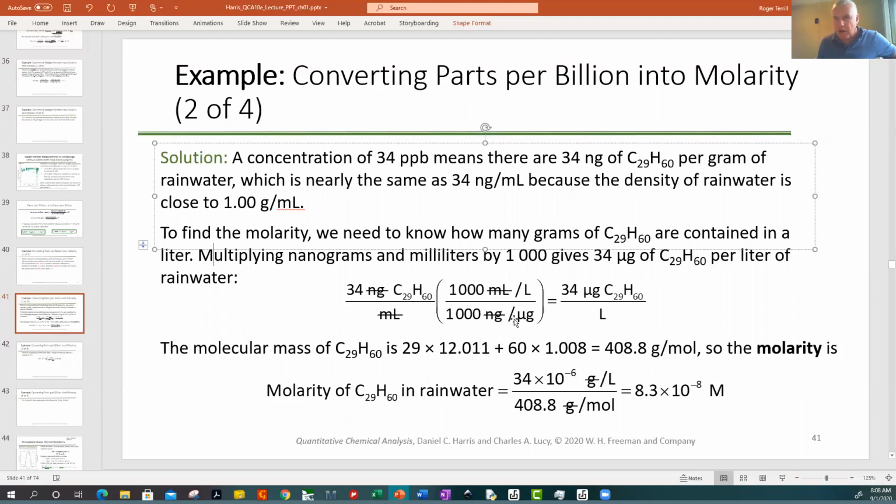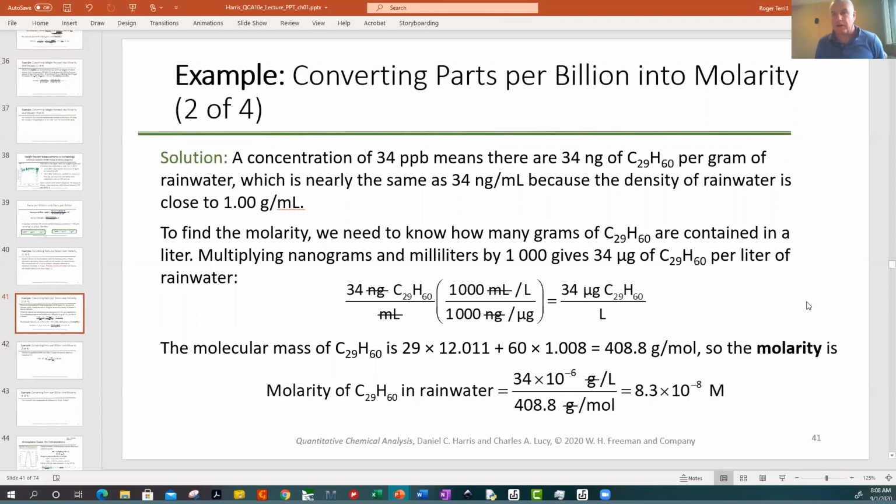And they do these compound things, like they're going to change 4 units here, right? 1,000 mL per liter, right? So this liter is in the denominator, so it comes down here. And this microgram is in the denominator, so it goes to the numerator. So nanograms per mL becomes micrograms per liter. That's pretty simple, right? That sets us up to do